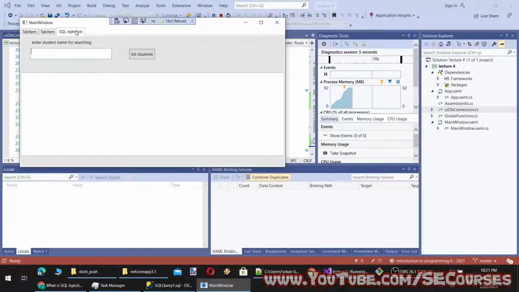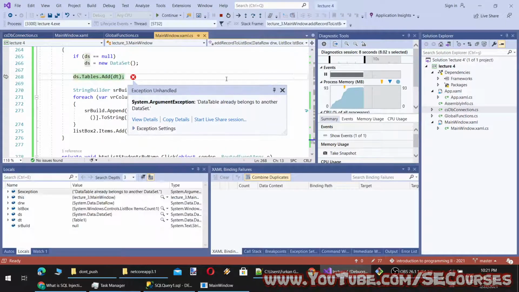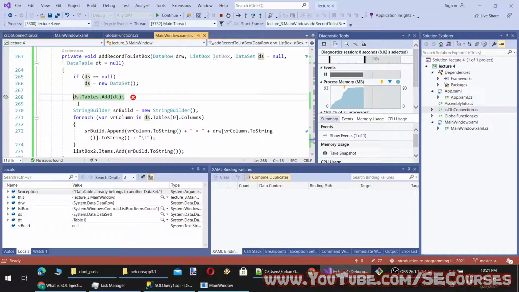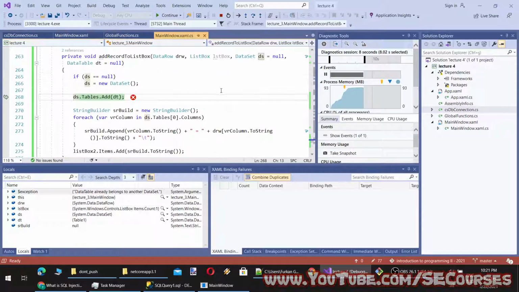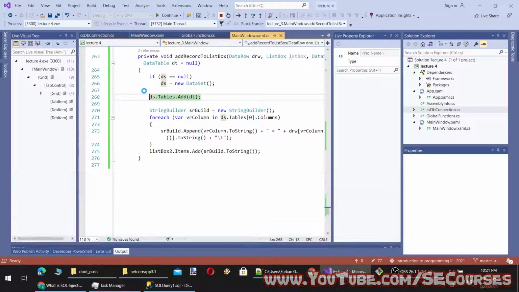Okay, our application is starting and 2D list students. Okay, data table belongs to another table. Ah, I see. So since we have sent the reference of the data table, therefore it is throwing an error.